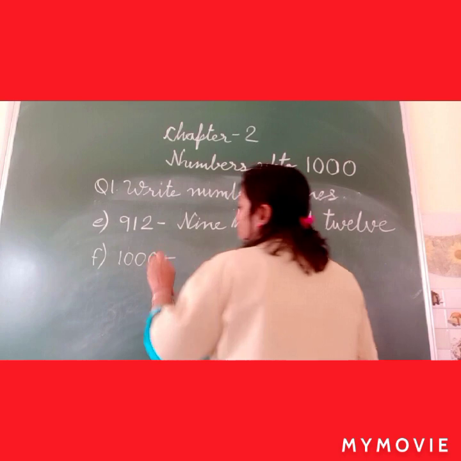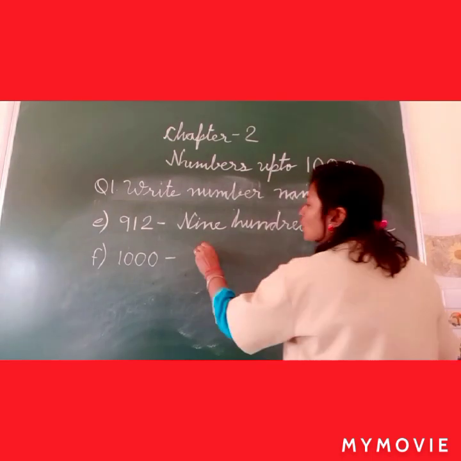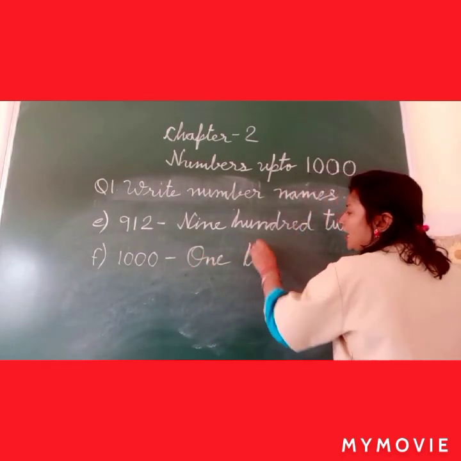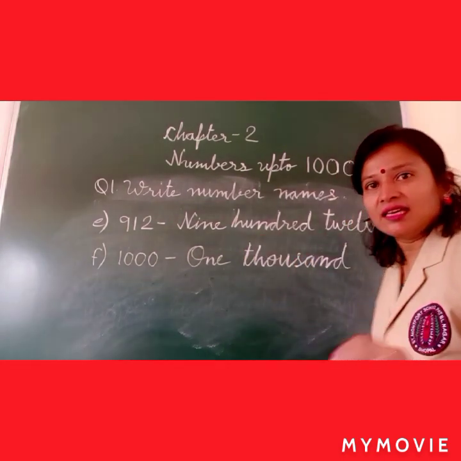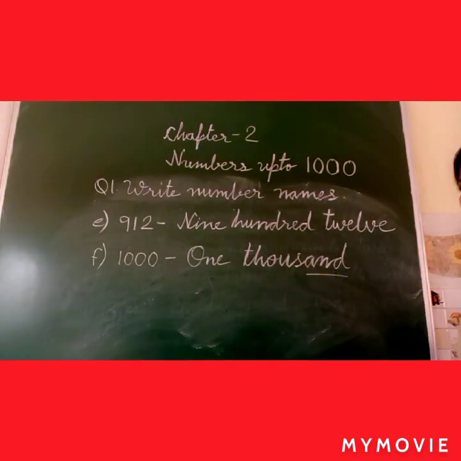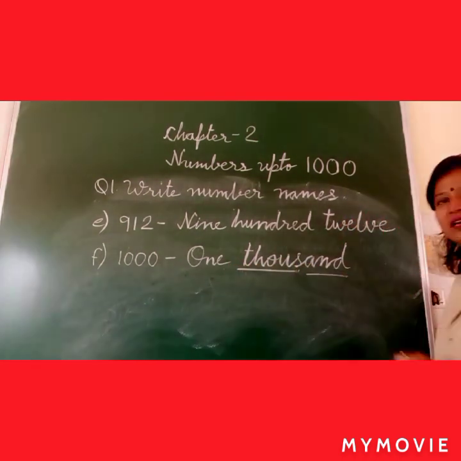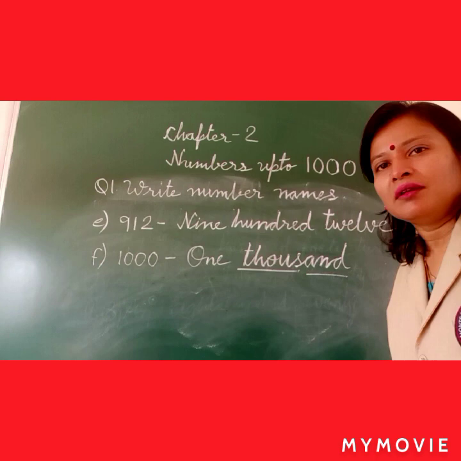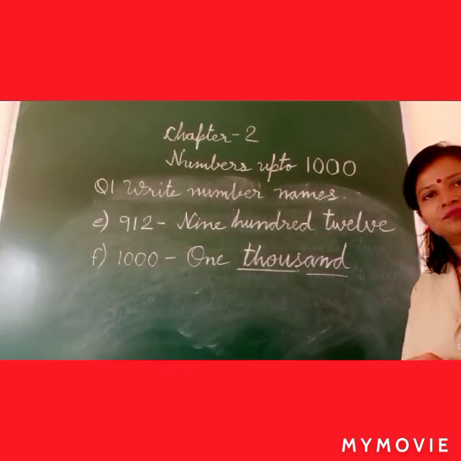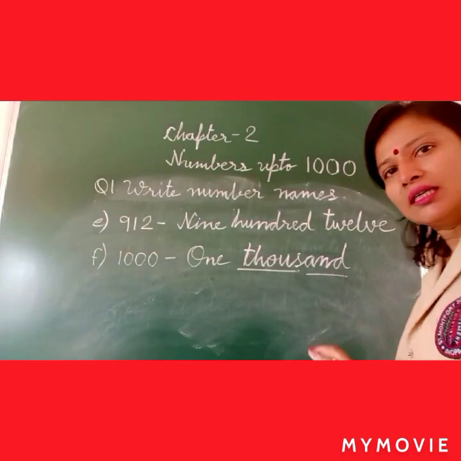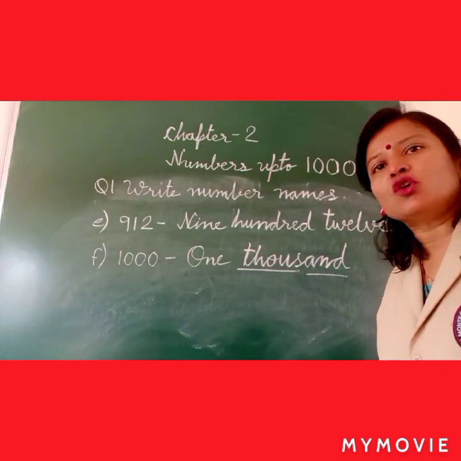1000. Yes, it's new for you. So write down carefully. 1 O-N-E 1. THOUSAND 1000. It's very easy. You know the spelling of and. THOUS you have to add and then AND 1000. It will be the spelling of 1000. THOUSAND 1000. All the other numbers you are familiar, but this is new for you. So learn it and write it in your copy neatly.